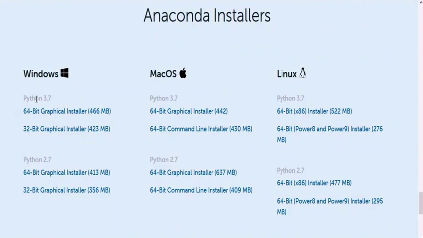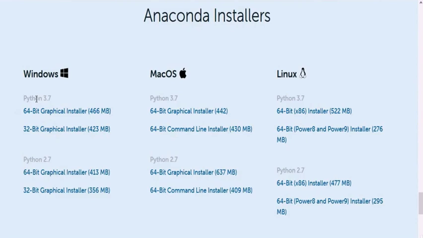Here we can see that the software is available for Windows OS, Mac OS as well as Linux based OS, which is a great thing. Since we are running on 64-bit Windows OS, we will select the Python 3 installer for the same. Kindly note, if you are watching this at some point in the future, there may be a new release of Python, maybe Python 3.8 or so on. But the installation process will hopefully be similar in that case also.